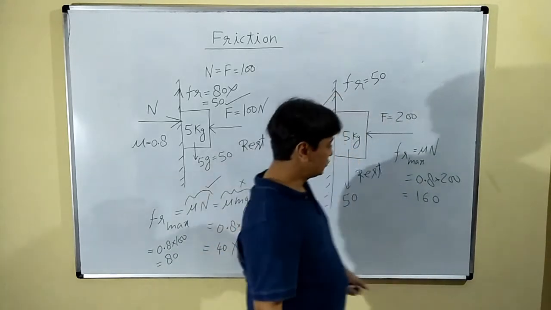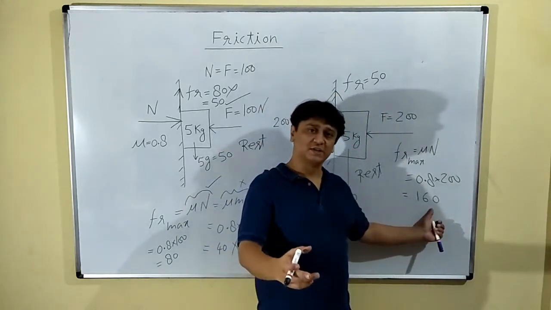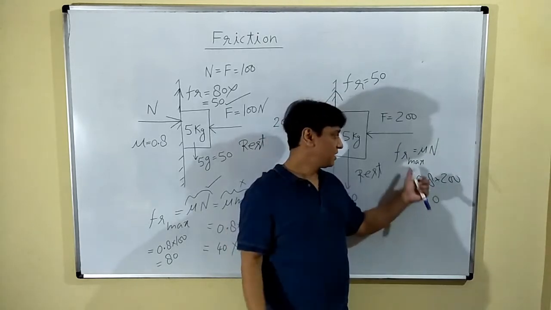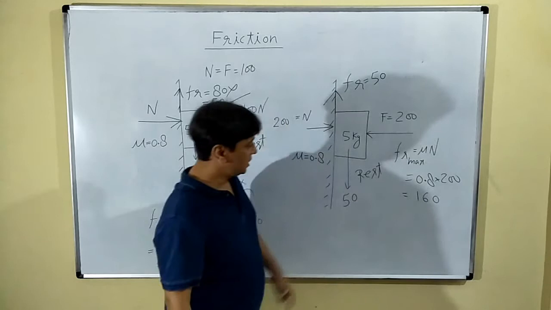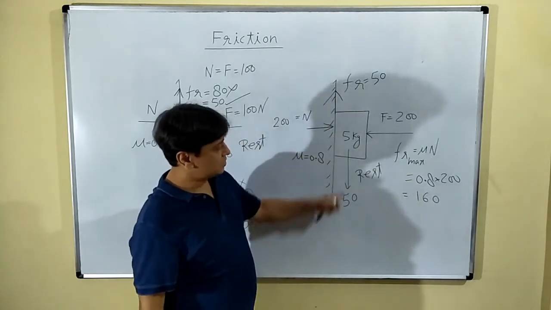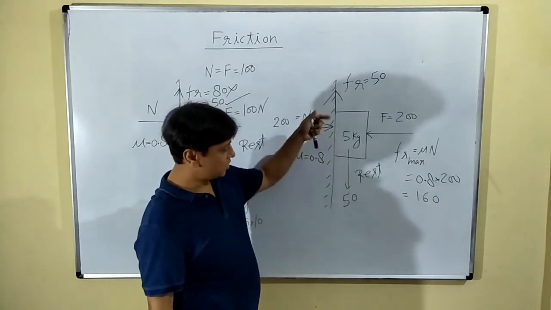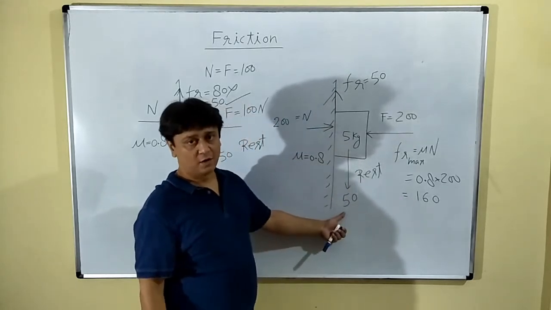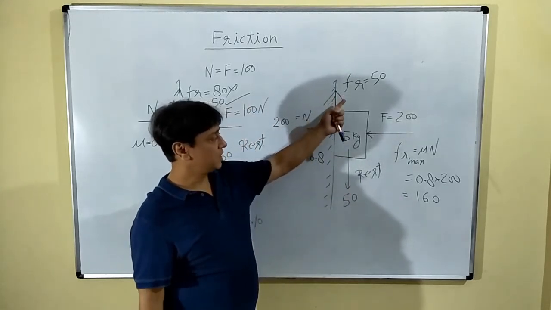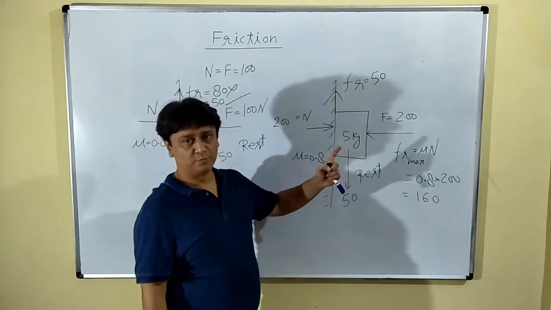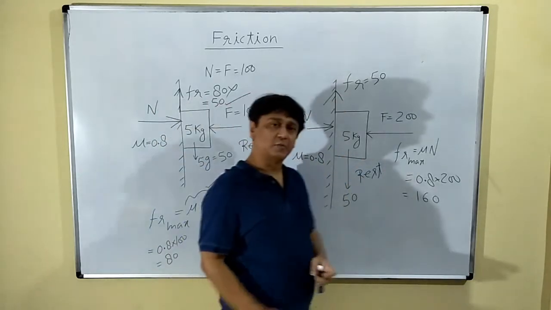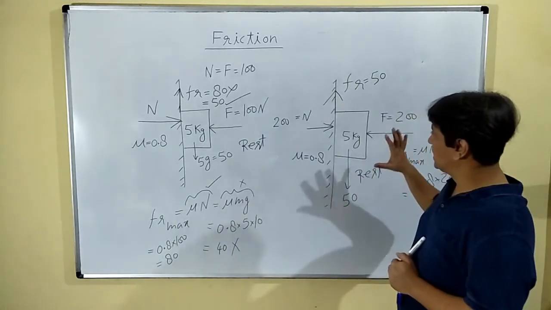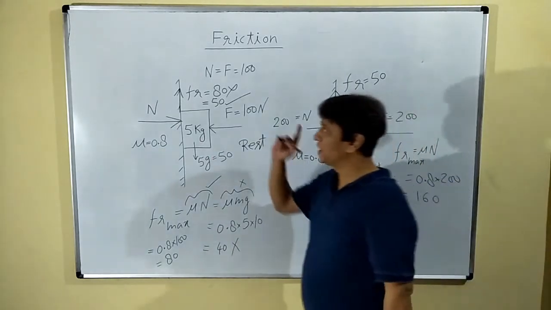इस क्वेश्चन में कितने लोग थे रोकने वाले? 80। इस क्वेश्चन में कितने लोग हैं रोकने वाले? 160। आपने फ्रिक्शन नहीं बढ़ाया है, आपने क्या बढ़ा दिया है? FR मैक्स। अभी भी खींचने वाले लोग, इसको चलाने वाले लोग, डाउनवर्ड मूवमेंट क्रिएट करने वाले लोग कितने हैं? 50, and therefore this body will not move. Hopefully यहां से यहां तक का पार्ट समझ में आया होगा।